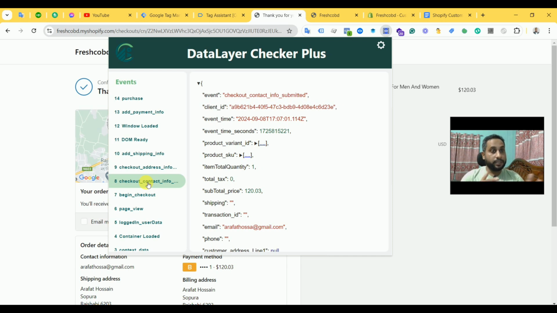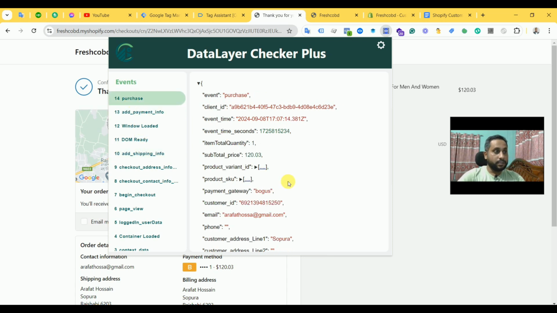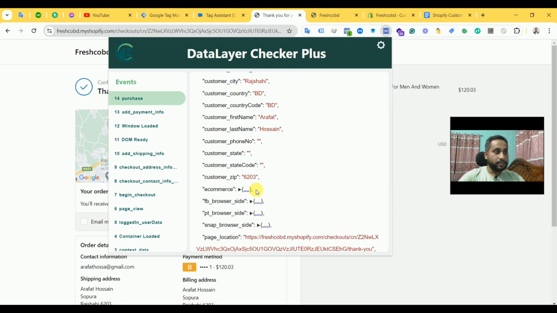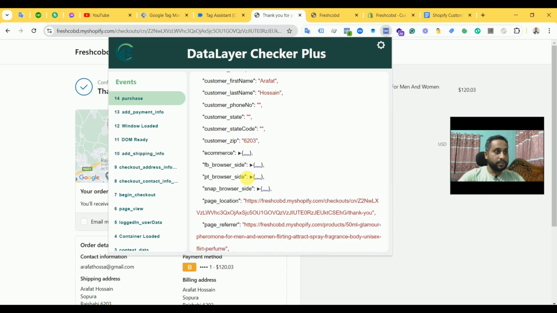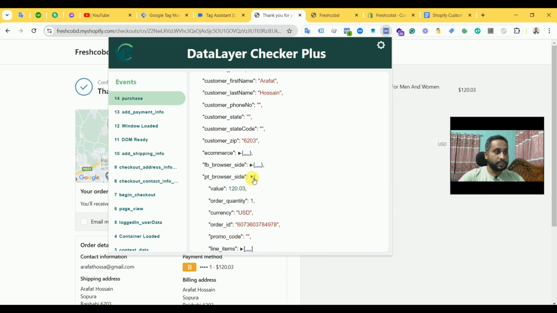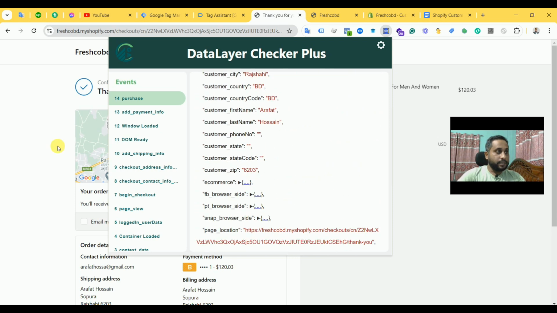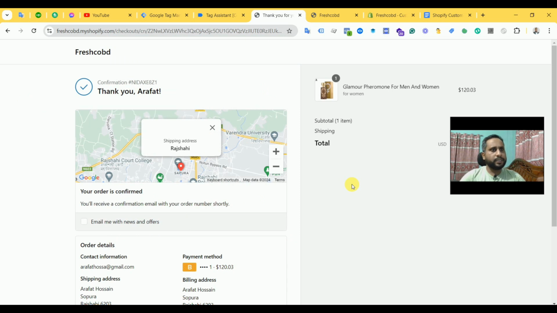You can send these as custom events to the marketing platform: checkout contact info submitted, checkout address info submitted, add shipping info, add payment info, and then purchase. So this is the purchase here, with all the retailer and customer address info, everything, the ecommerce GA4 schema for Facebook, for Pinterest, for Snapchat, everything. See, everything is here. You can use the dataLayer for any marketing platform tracking, for Facebook, GA4, Google Ads, TikTok,